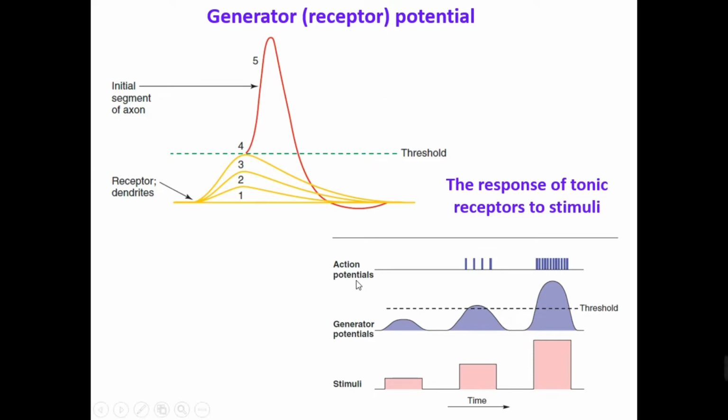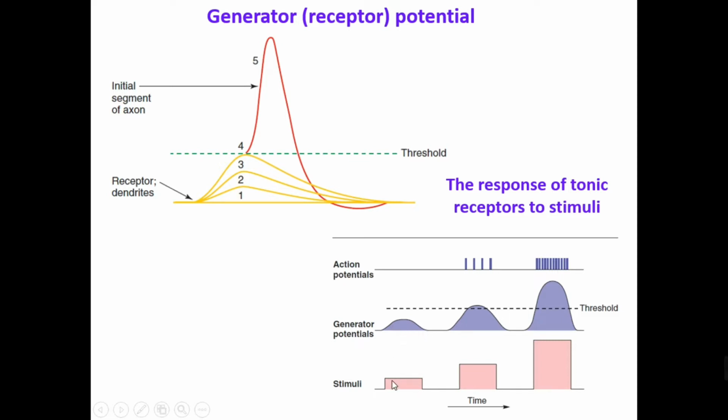But here, we see a comparison of action potential, generator potential, and also the stimuli. The stimuli can change by the intensity and also the force, the amplitude, and also it has duration. It means that a stimulus can happen, then there is a duration of time, and then another stimulus can happen. Here, we have a weak stimulus, an increased stimulus, and a strong stimulus, and also the generator potentials. The generator potentials can be shown by their amplitude, and therefore, for the weak stimulus,